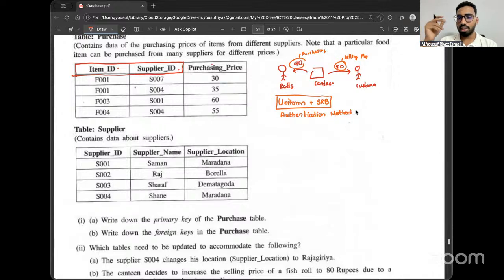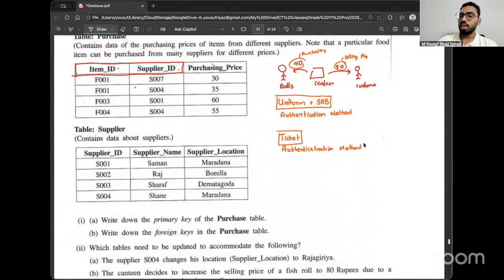But let's say, for example, you're going to go for some other thing, a concert or something. In your school's concert, are they going to use uniform and SRB as the authentication method? No. When you're going for a school concert, how do they allow only you all to come inside? They'll give you something. What will they give you? Exactly. They'll give you a ticket or else they'll give you an invitation card. So these are also an authentication method. Purpose is the same, no? To make sure